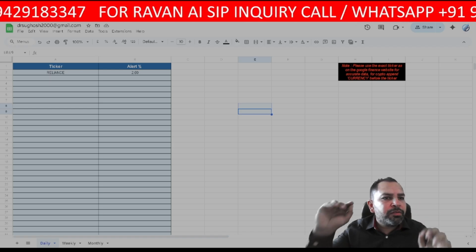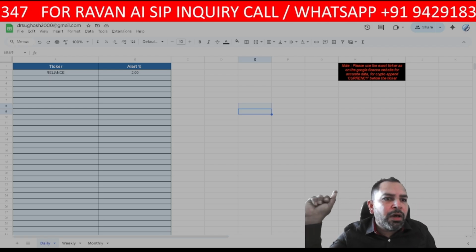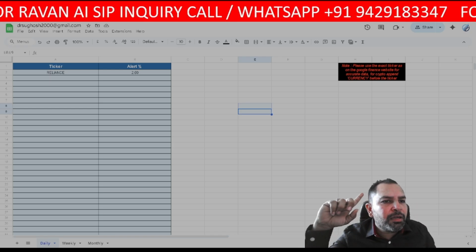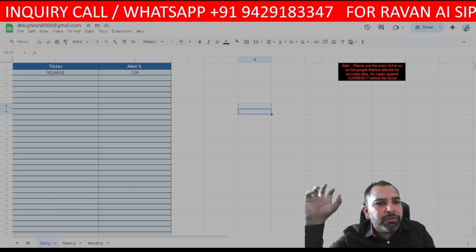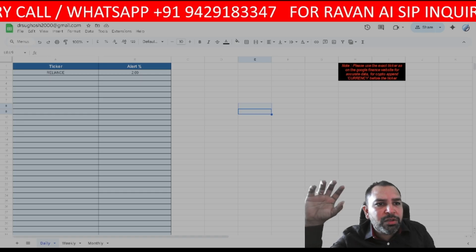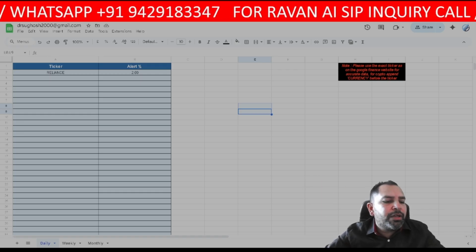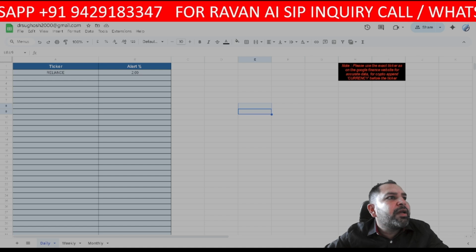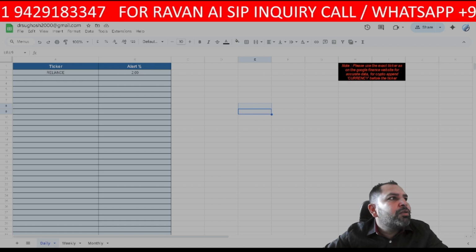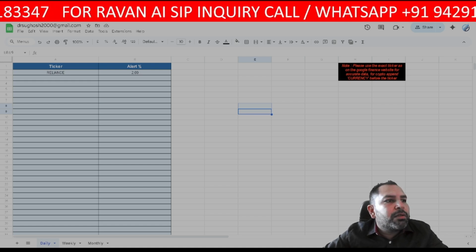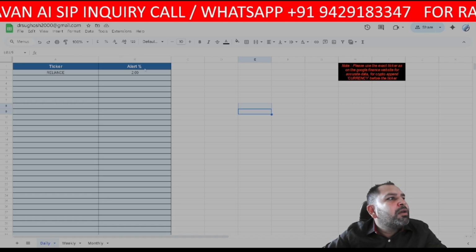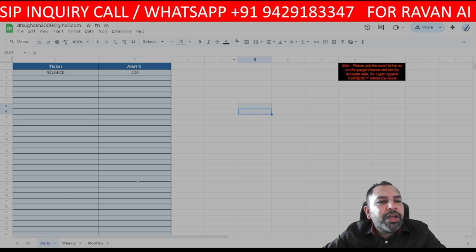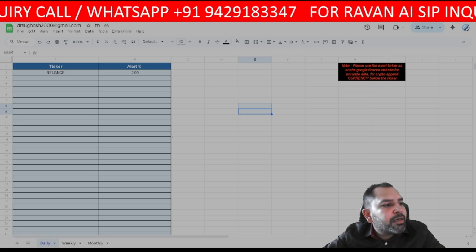Guys, I have sent you the email access for the alert indicator. Actually, the alert-specific Google Sheet. It is named on the basis of your email ID only. This is the example of my client, which I showed, right? This is my client, and this is the format you will be getting for that alert indicator.